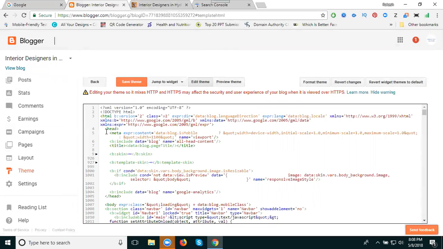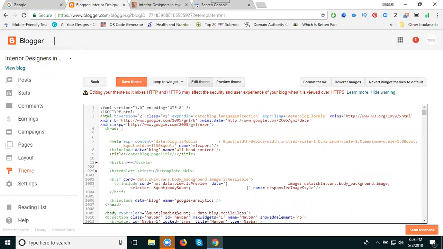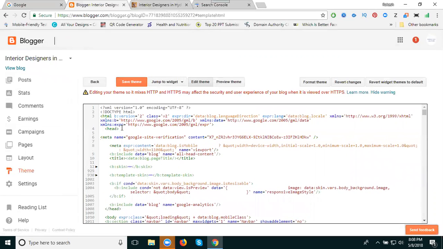The header starts at the 4th line. Which line does it close at? Line 1005. See this. In between, just enter here. Paste the code here. Now click